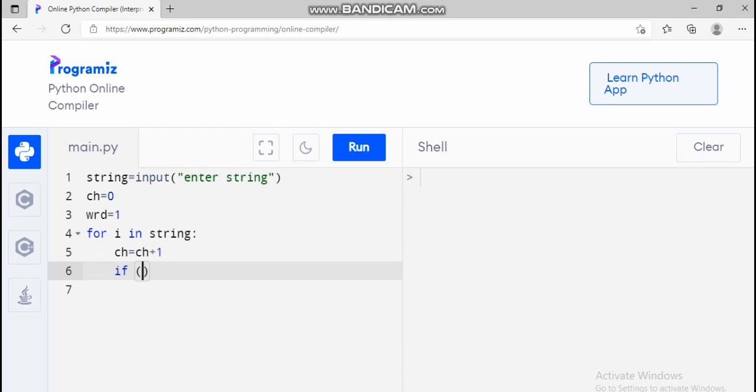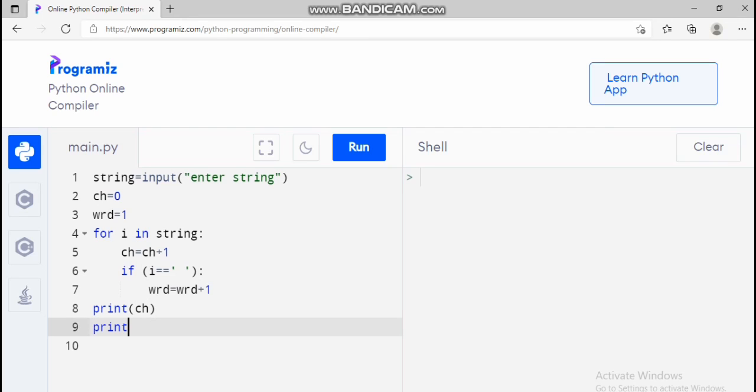So for this I use a comparison. So I am comparing, and now see, we are moving inside the if, and now what will happen, we will give an increment to word also. Word was 1 only, because we are counting the first word and then we are adding on to it. Okay, so now I'll come out of the loop and I'll try to print character, and I'll try to print word. Now just watch the output.